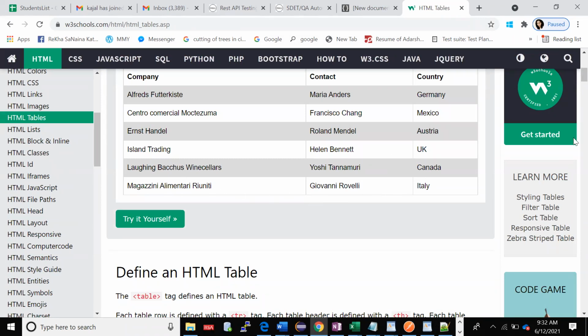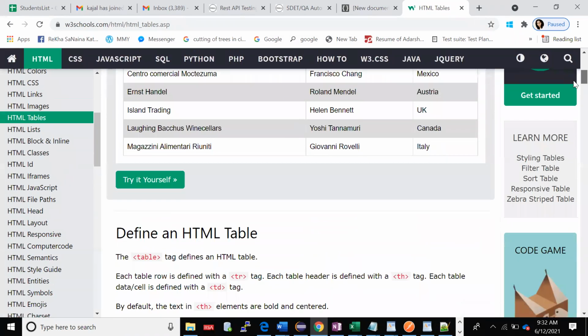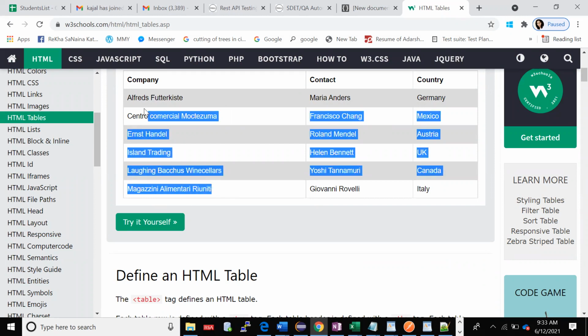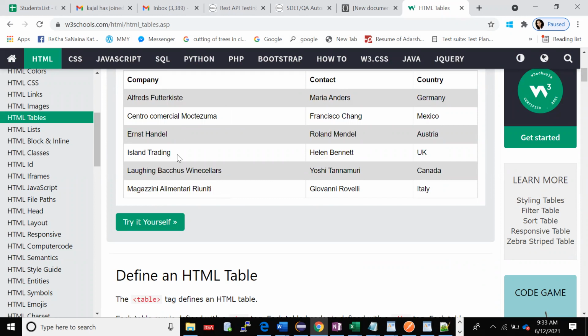Today you have 7 companies, 7 contacts and 7 countries. Tomorrow it might be your case where you have 50. Your test case says take a company list, however many companies there are. Maybe today there are 6. Tomorrow maybe 50. In that, I just want to verify whether Allen Trading is there or not.